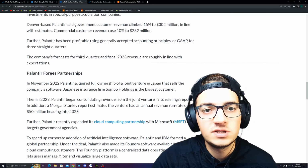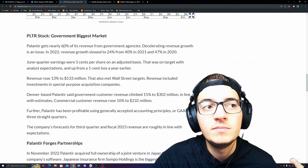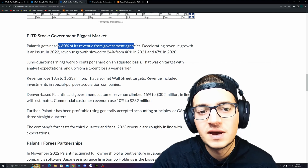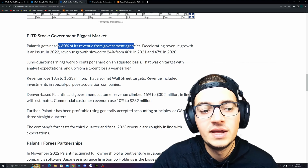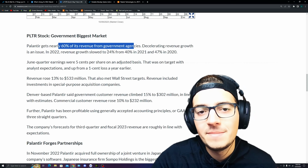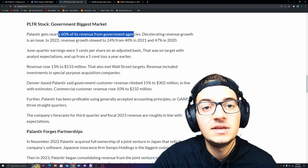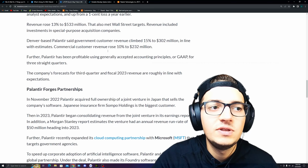And recently what we've talked about, especially not just government contracts, even though those are the majority and nearly 60% of its revenue comes from those government contracts, Palantir is starting to diversify its client base. A prime example is last week we saw the announcement that they are top bidder for the United Kingdom health service contract that's going to analyze millions upon millions of data for those citizens, tapping into the healthcare